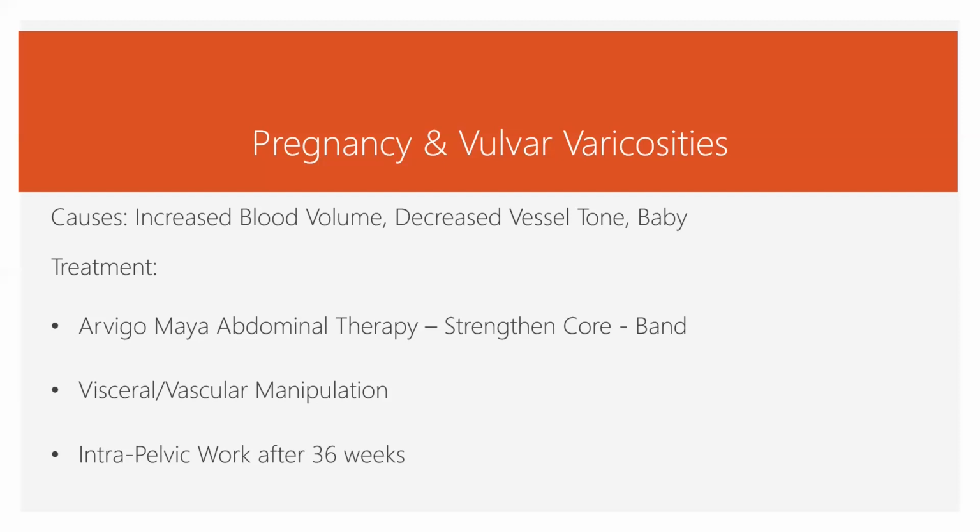And so if you had some issue prior to pregnancy that was related to some kind of fascial constraint in that area, it's just going to be more pronounced during pregnancy. And so I like to use the Arvigo myoabdominal therapy to work with the uterus, mobilizing the uterus. I give exercises for strengthening the core so that we can have more stability of the uterus and more lift